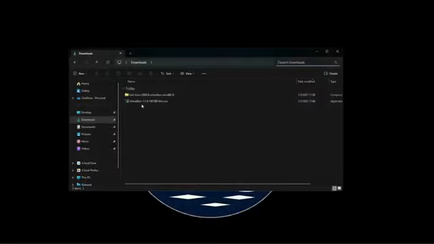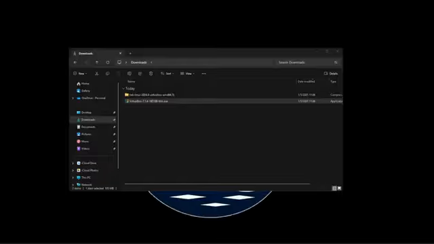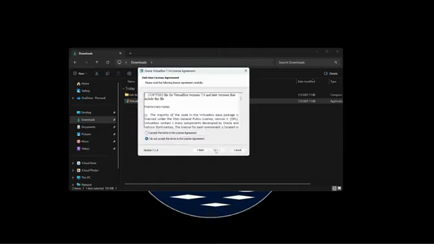Now that we've successfully downloaded VirtualBox, we're going to actually install it. It'll be in your downloads folder. Then you're going to go to this executable and double click it. You might get an administrative prompt, which I also received. But then you will get a screen that looks like this. And we're just going to follow these